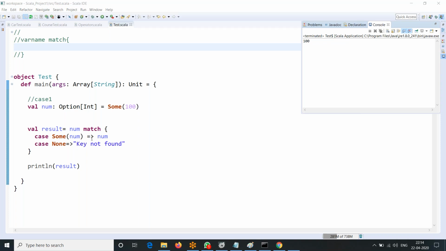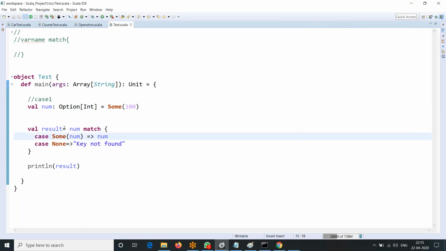Earlier we know how to extract 100 from Some directly. How do I do that? The easiest way for me is applying the get function, the get operation. Even that is also a method. The other way around here is, instead of get, I can also apply this pattern matching, and through pattern matching I can extract the value from this Some here. This is another way of extracting the data.